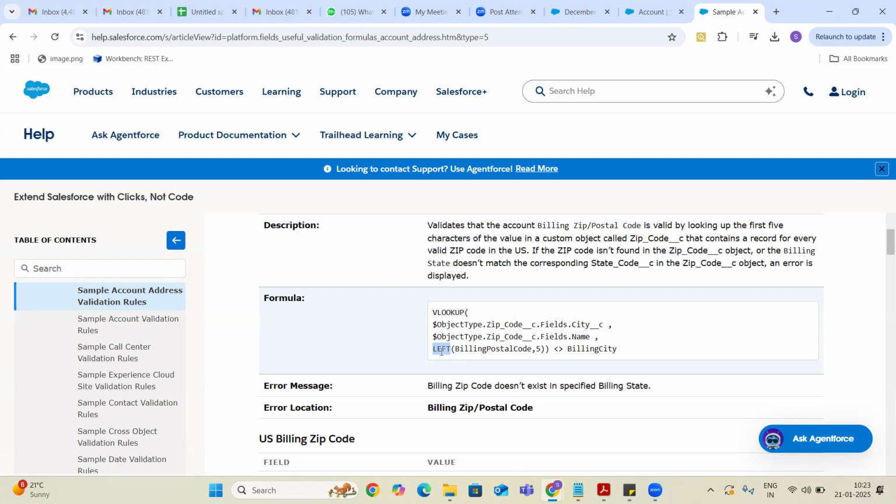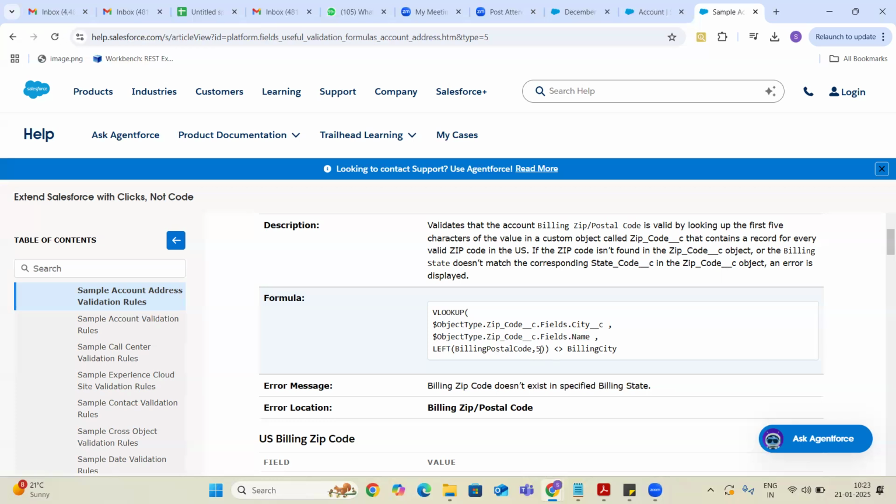First character, 2 characters, 3 characters, 4 characters, 5 characters, 6 characters, like whatever the value you mention here. There is a function of right also. Okay, right will get that many number of position values from right to left. Left will be left to right.